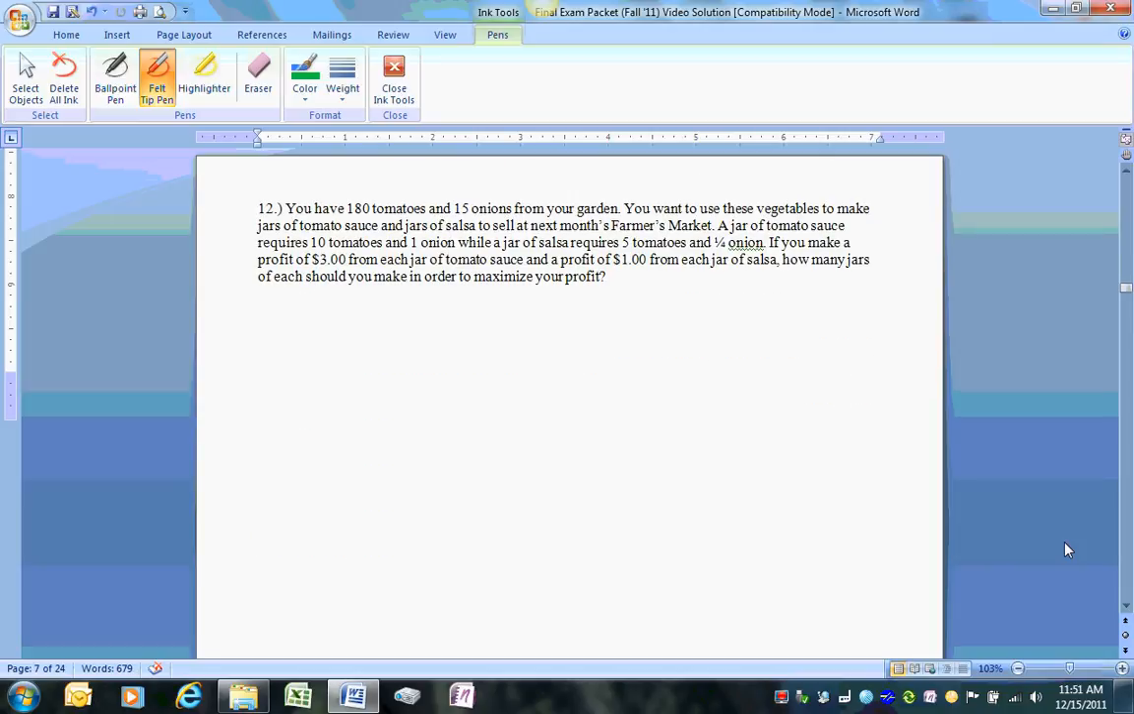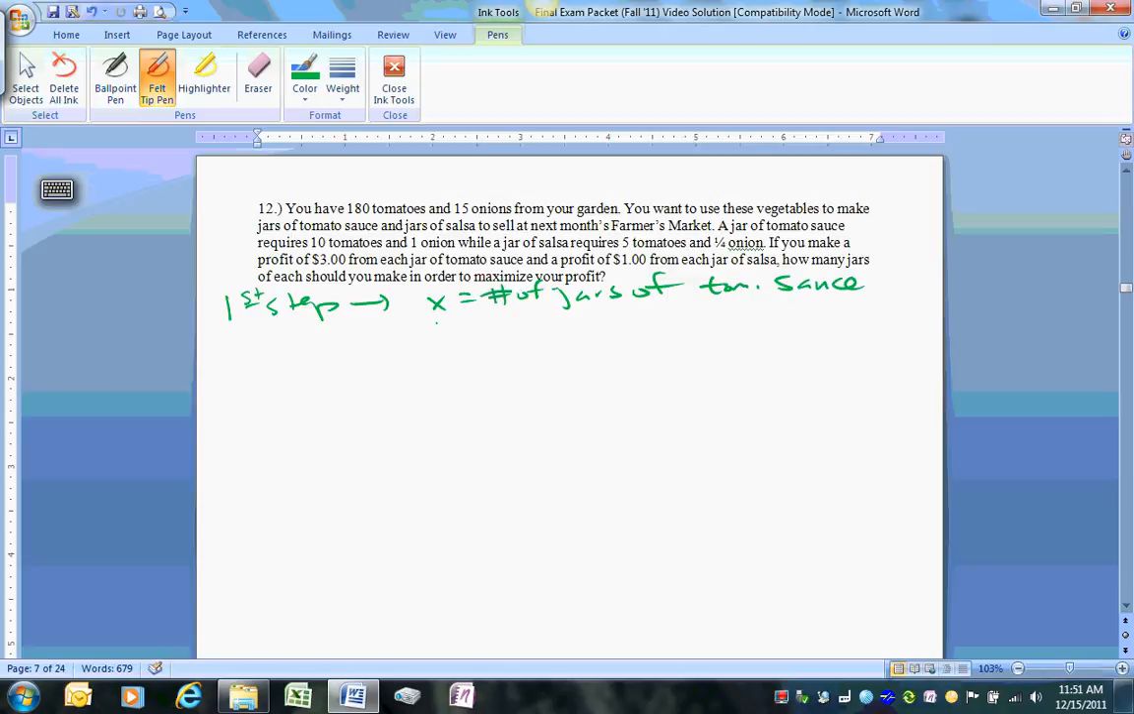Number 12. So I went over this with you guys in class, linear programming, but I figured just do it again, it might help. First step, assign your variables. So x will equal number of jars of tomato sauce. Y will equal number of jars